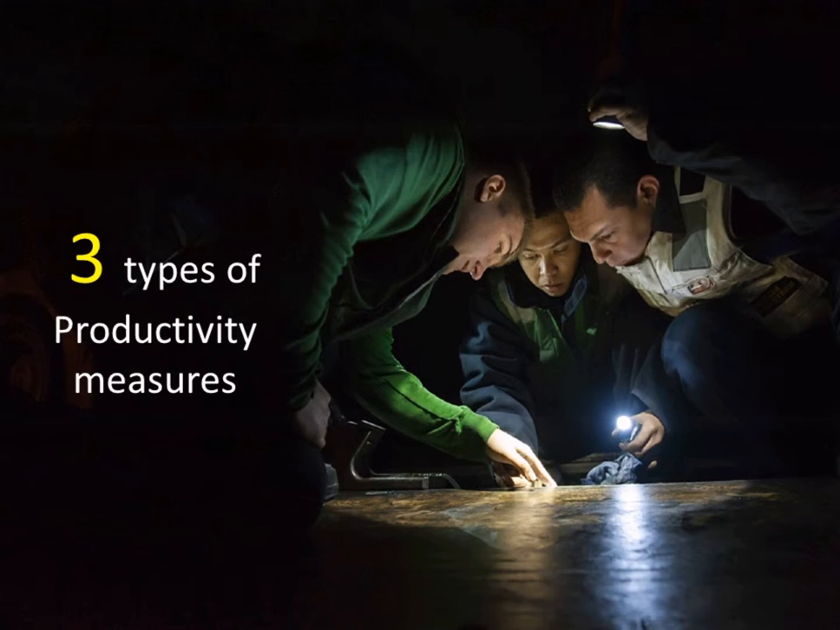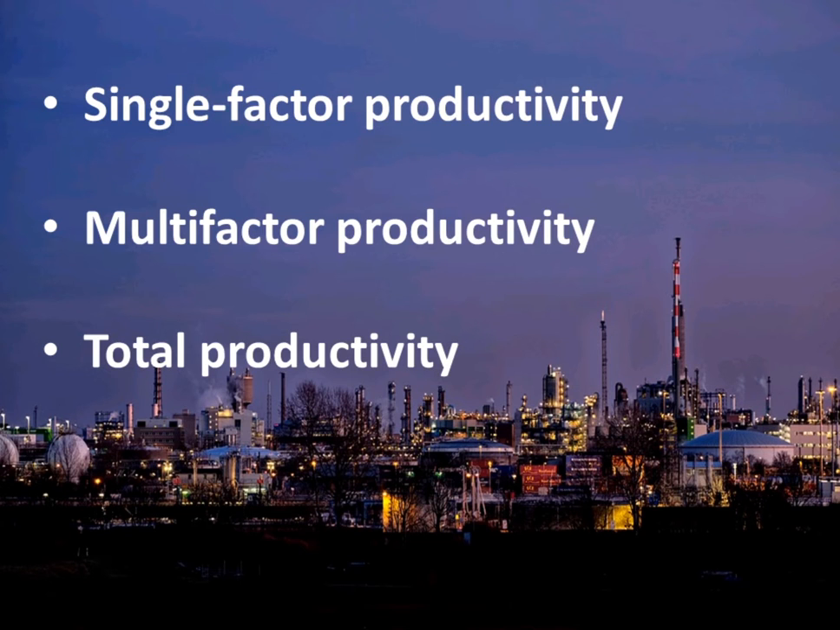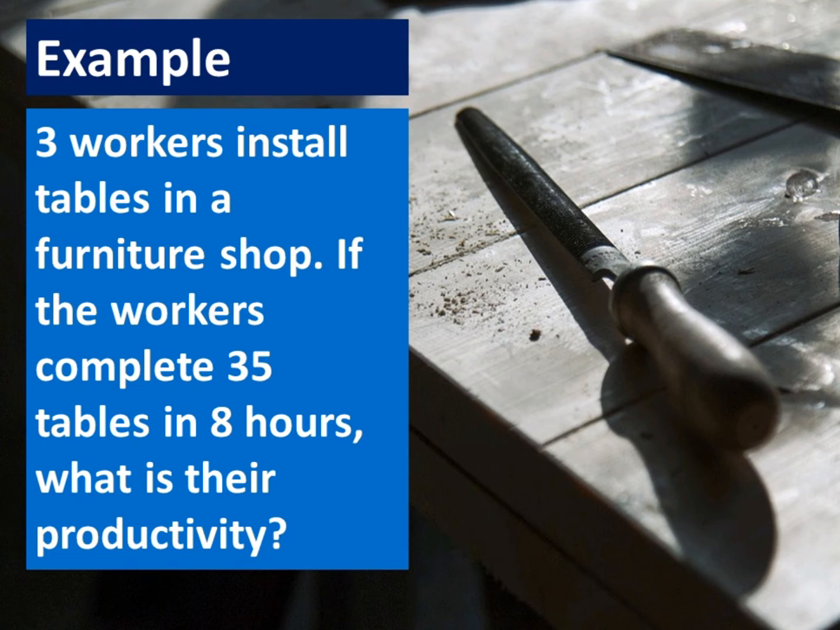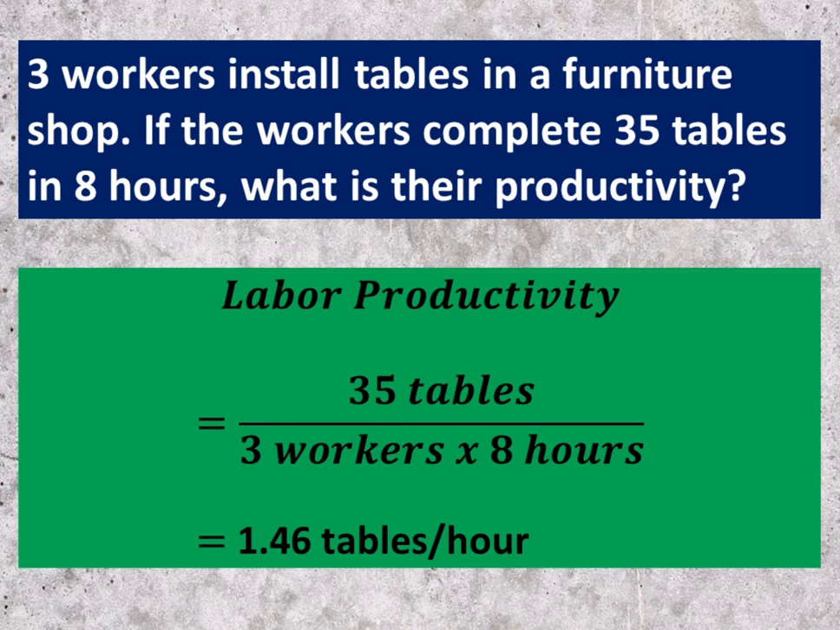There are three types of productivity measures: single-factor productivity, multi-factor productivity and total productivity. Single-factor productivity is computed as a ratio of output to only one input such as labor, materials, or machines. For example, 3 workers install tables in a furniture shop. If the workers complete 35 tables in 8 hours, what is their productivity? Labor productivity is a ratio of 35 tables to 3 workers multiplied by 8 hours, which is equal to 1.46 tables